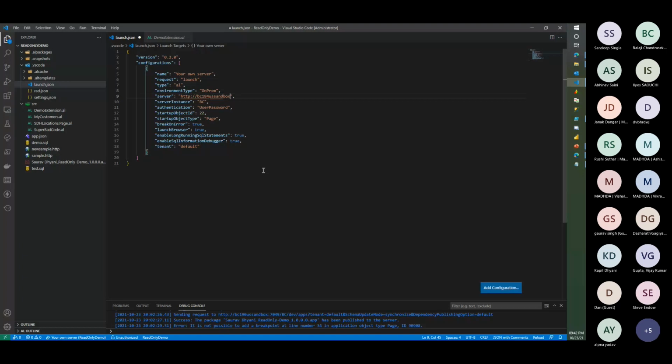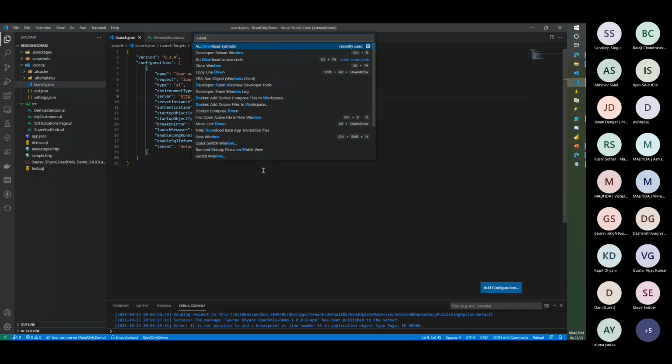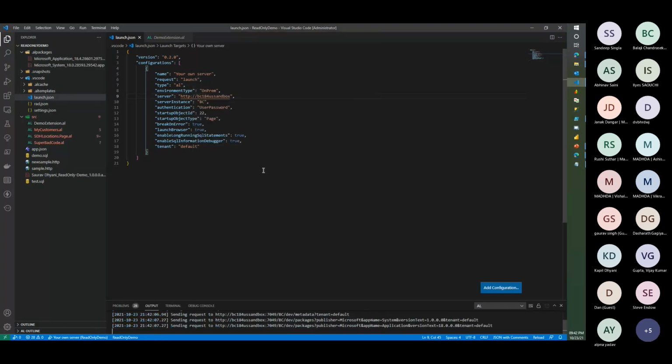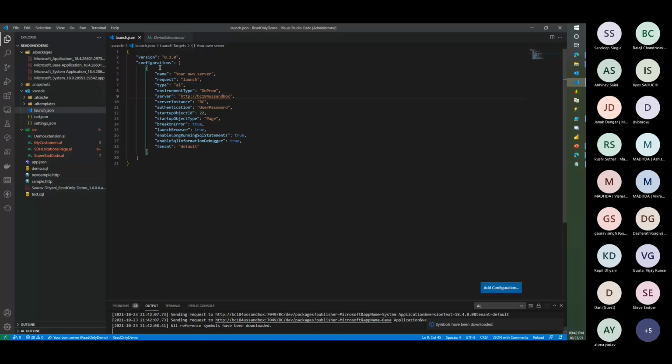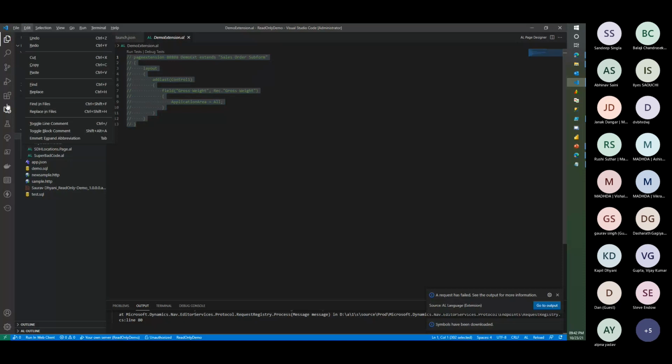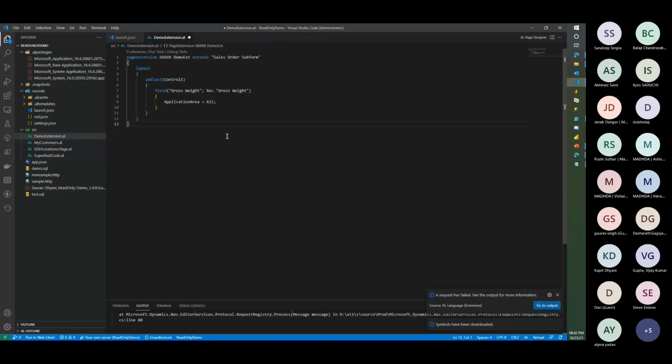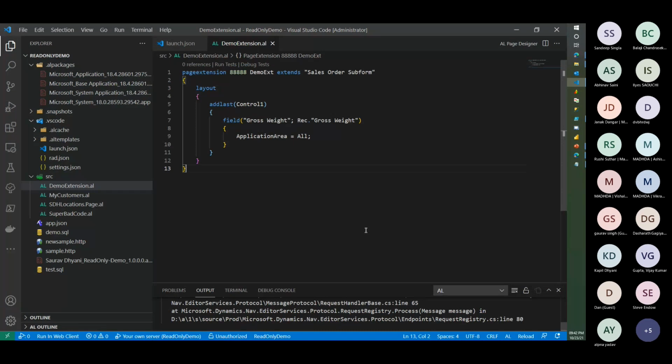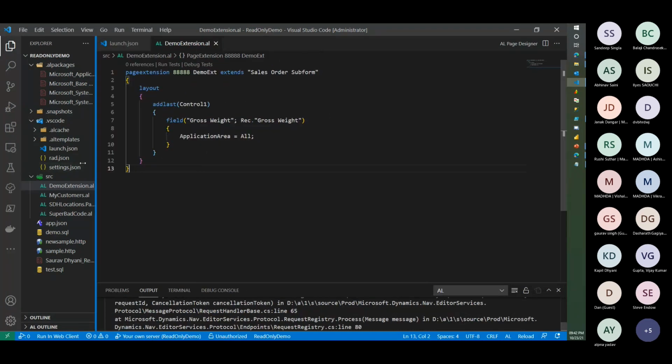Okay, now let's suppose this is the customer whom I implemented in Business Central 18. While I was doing that, I created a page extension like this. I just want to understand, does anybody see a problem in what I have written over here? Is there anything incorrect if a customer requested a field on the sales order subform, which is a base